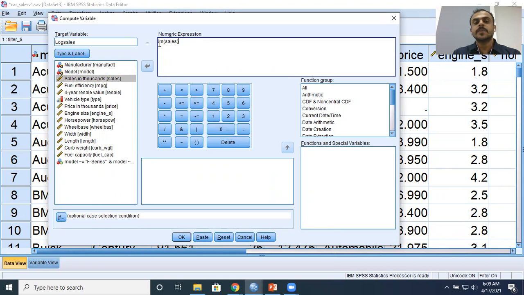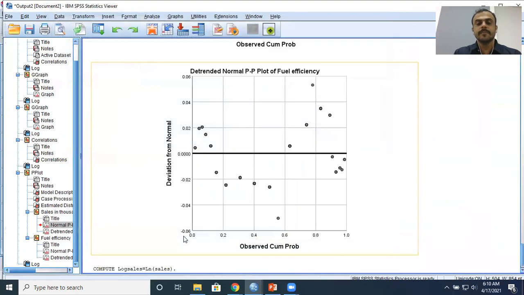In the numerical expression, the function natural logarithm will be applied on the original variable sales, and the log transformed values for sales will be stored in log sales. A new variable called log sales will be created, and in this new variable the log transformed values for sales will be stored. So this is the new variable that I'm interested in. I'll just click on OK.